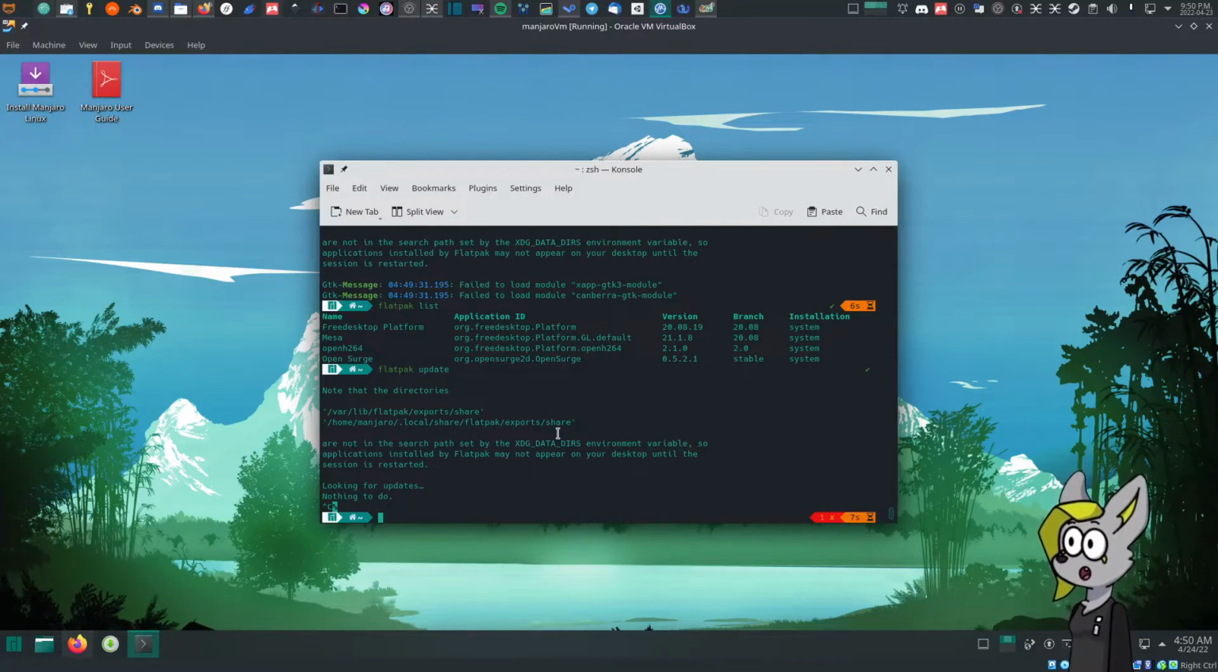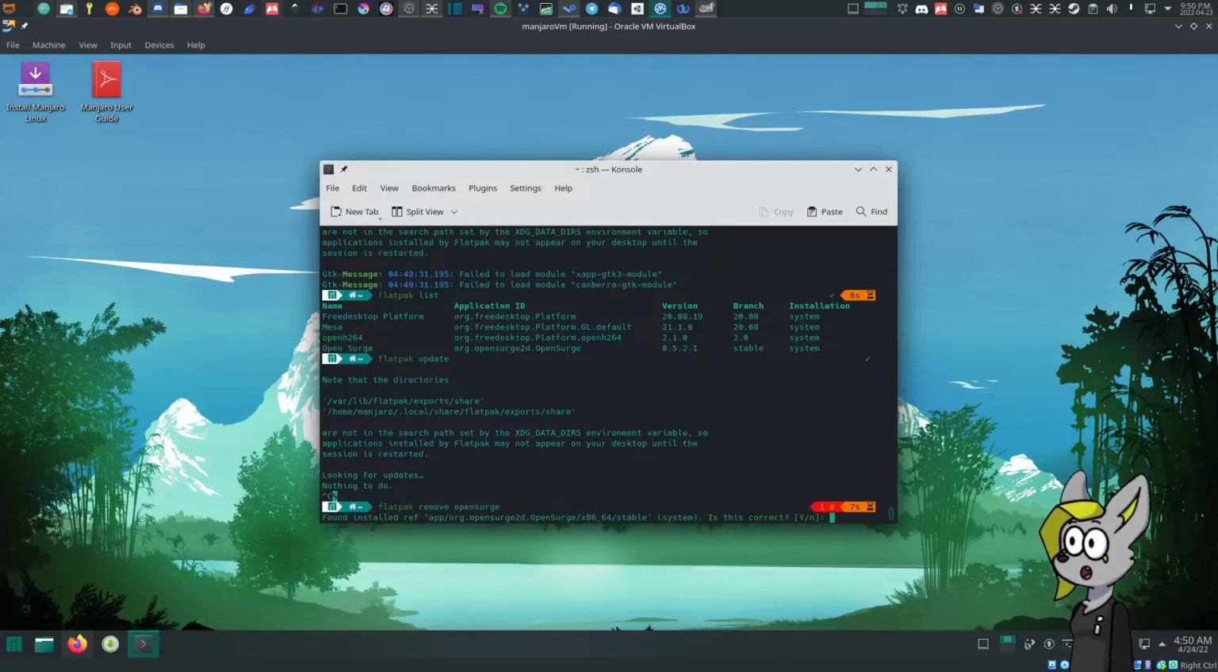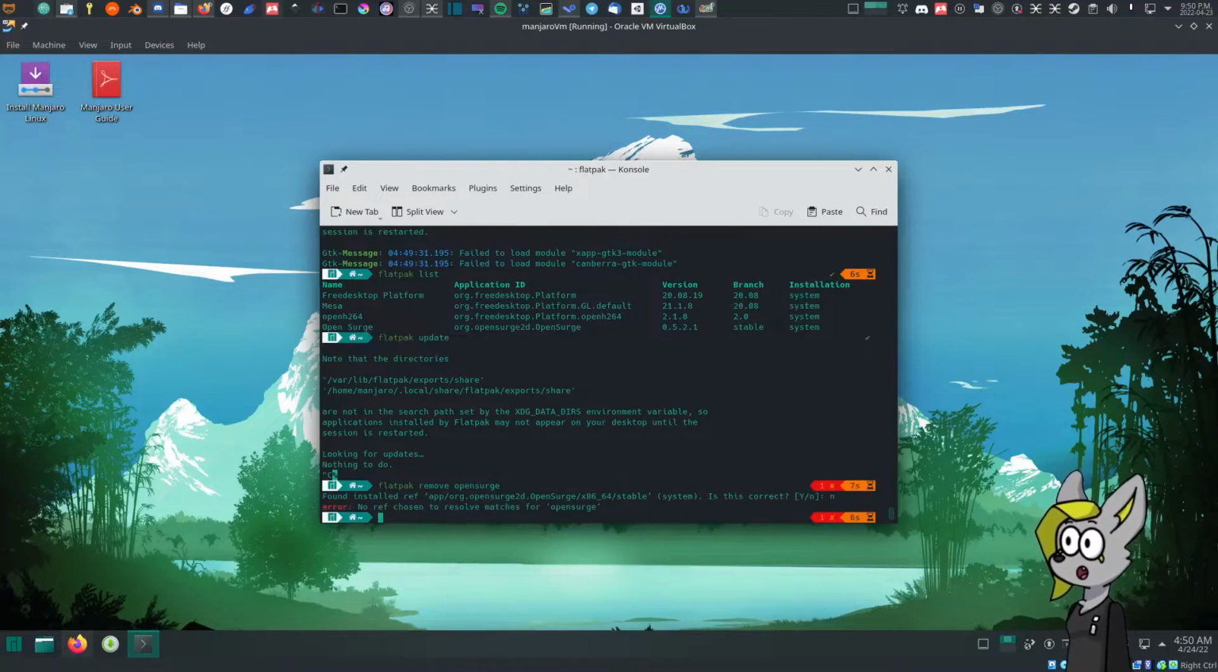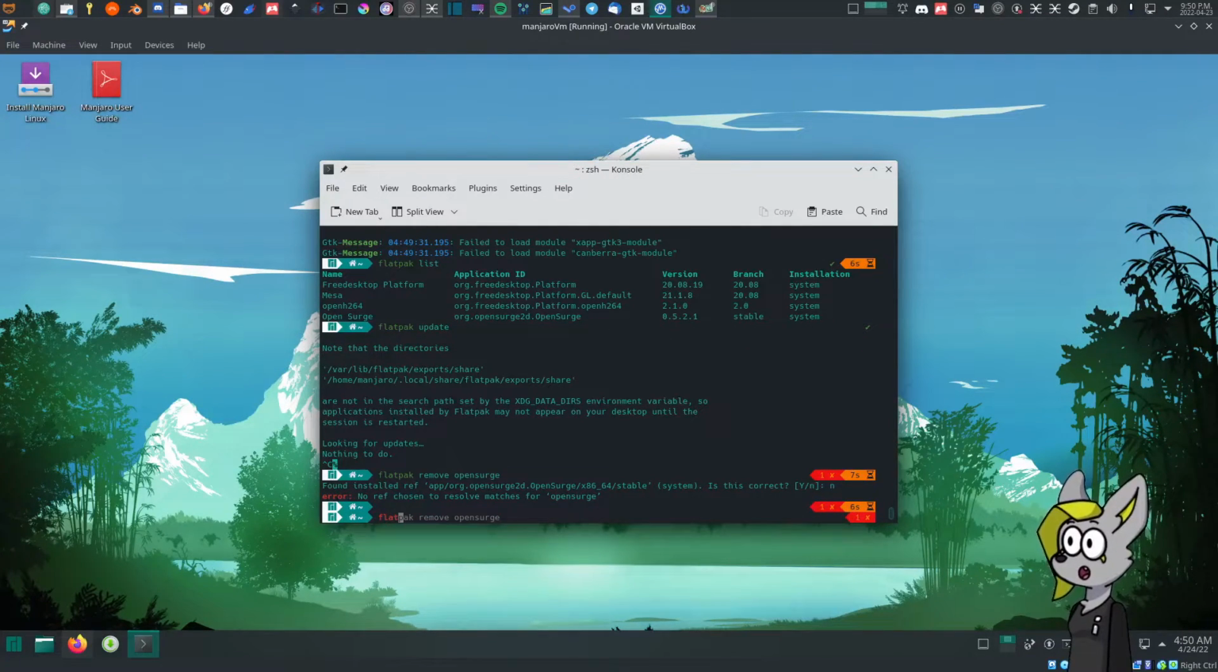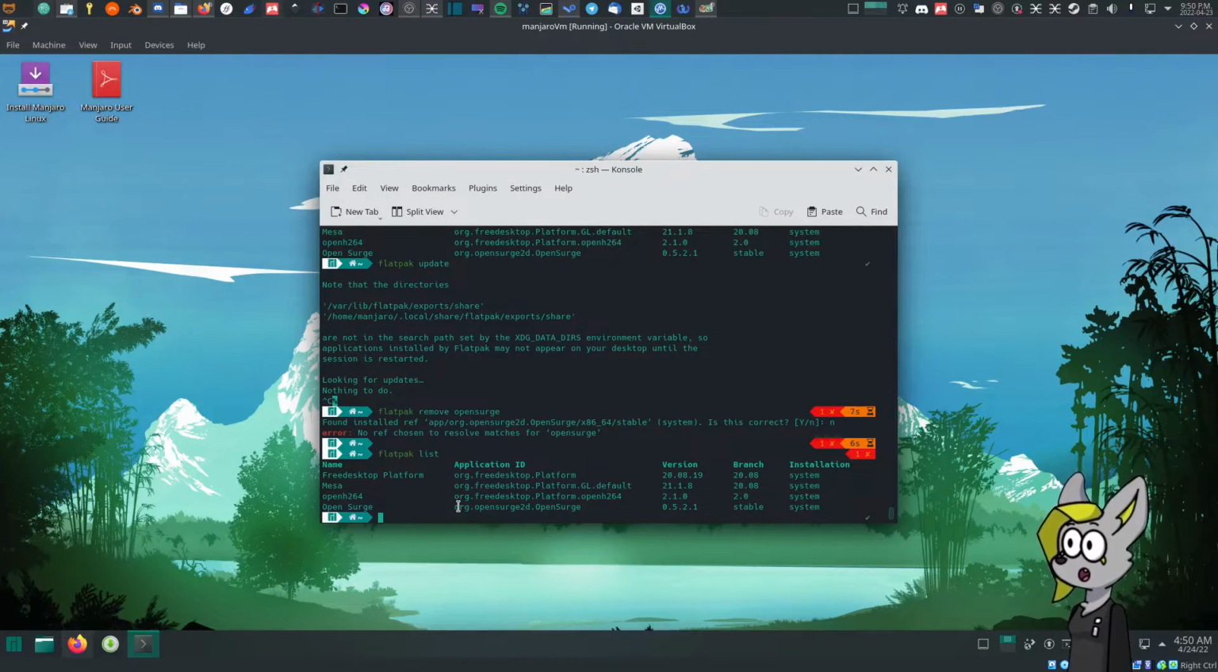And then the last thing is that if you want to remove an application, you have to type in its specific name. The issue with this is that we can't do, that game was called Open Surge. We can't do flatpak remove open surge because that isn't the actual specific thing. It'll ask if you want to confirm it, but that isn't always the best way to do it. So what you can do instead is we could do flatpak list. We can get the name of the application that we want to remove. In this case, it's